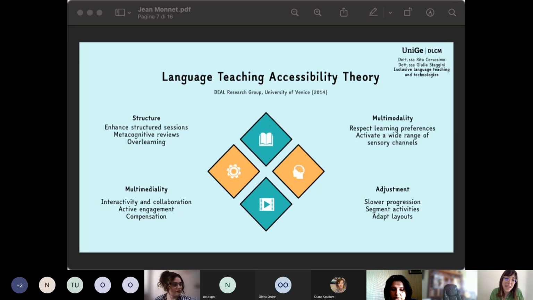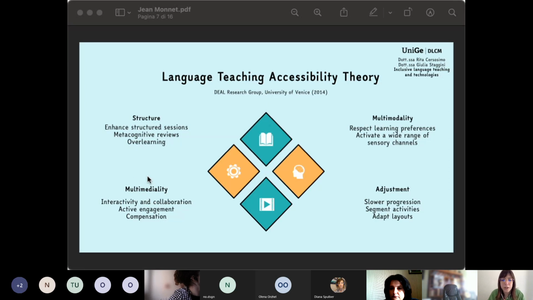Of course, sometimes language needs to be adjusted to suit the needs of these learners. And last but not least, and this is the topic for today, technology is an effective tool to support learning and also to provide a lot of opportunities for multimodality, as we were saying. So the 4 are highly connected